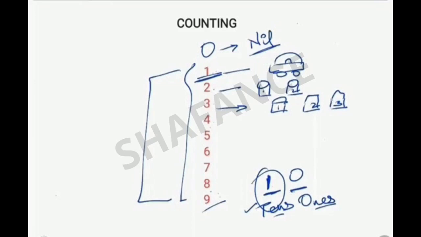And on the right side of this leftmost place, we keep all the digits from 0 to 9. There's only 1 digit and it is the ones place. And in this, from 0 to 9, we have to choose the minimum value. So we keep it 0 because 0 is the least.